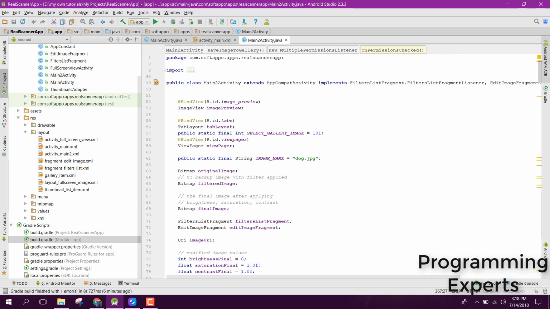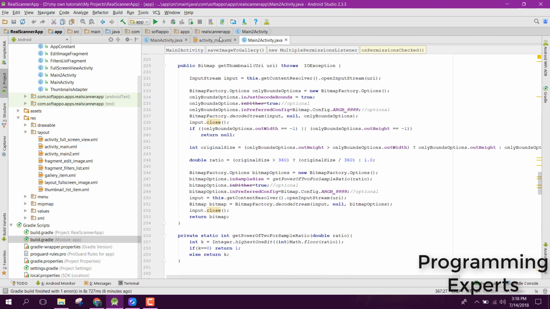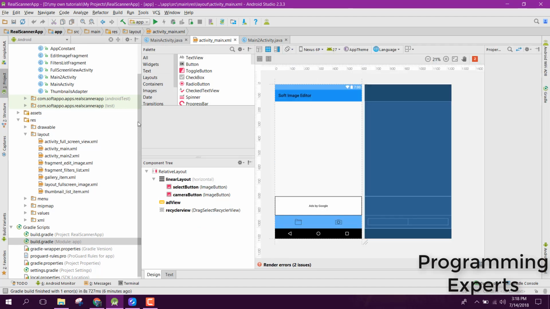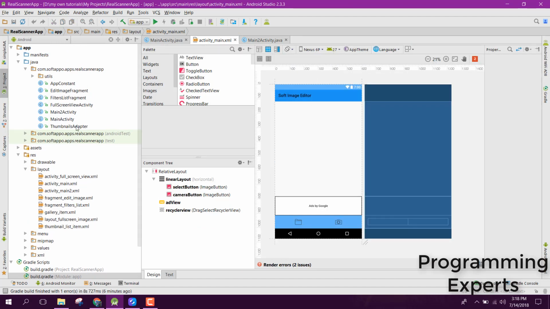Alright, so first of all, as you can see, I have opened the project in my Android Studio. Okay, so let's now begin our demo, and I will show you how